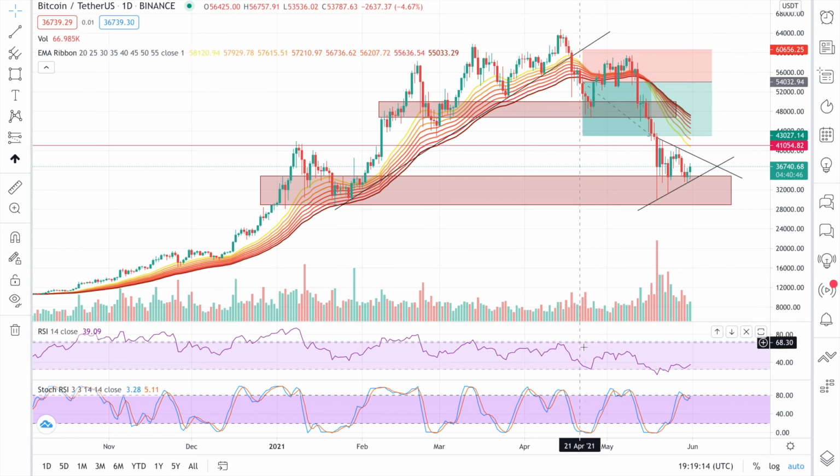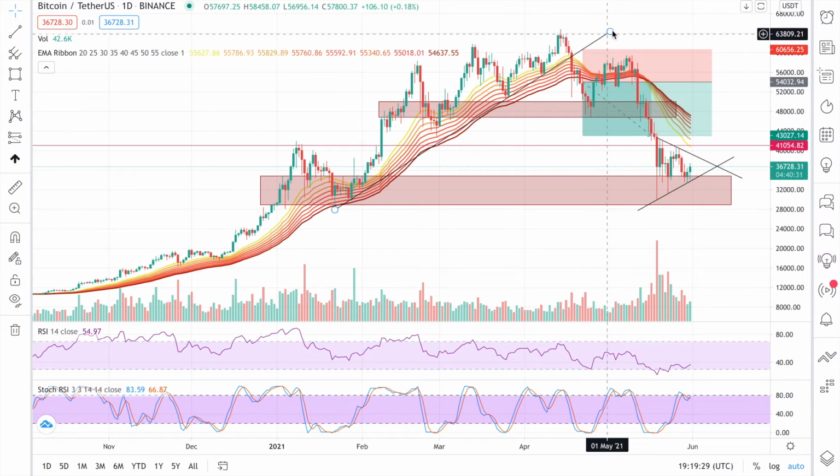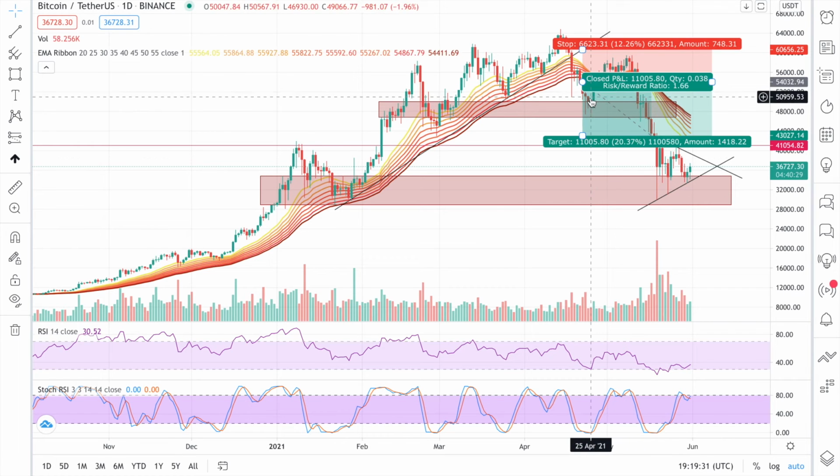RSI and stochastic area. This is already bottomed out, right? This is already bottomed out. So they might not consider taking a position in this place, but some might take one, and obviously at the same level they will place the stop loss, and then they will just enter. But few others,